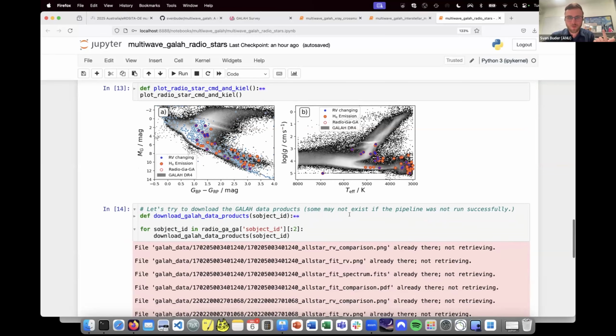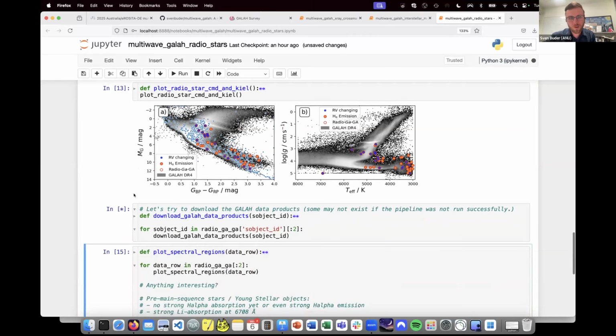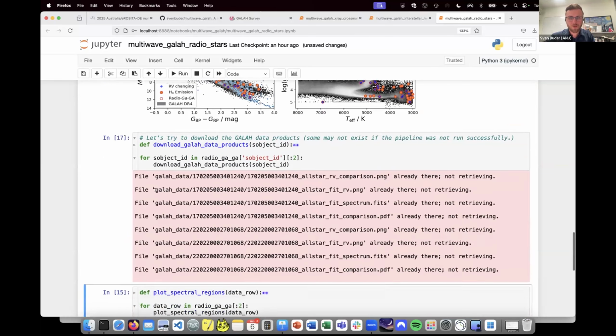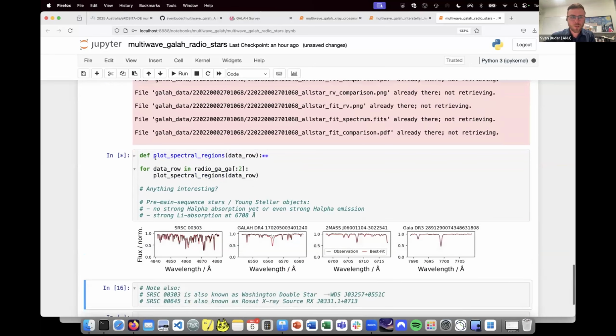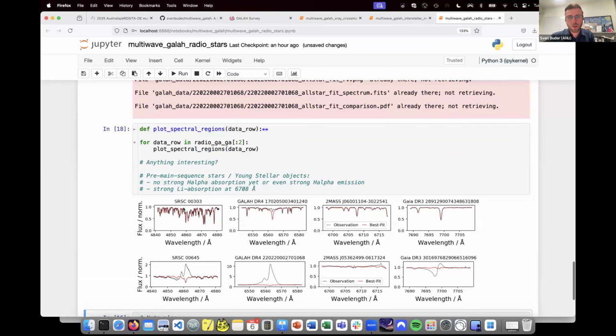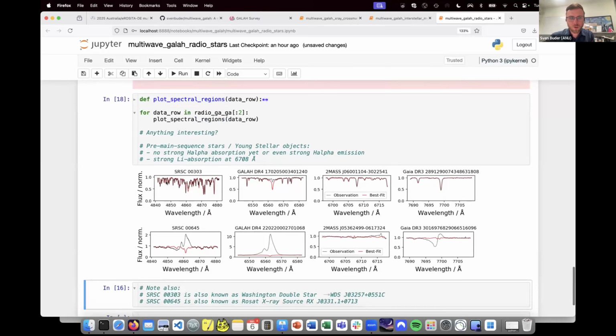So this is quite interesting, but of course, we're thorough astronomers, so we want to convince ourselves what's going on here. So as before, we're going to try to download the data together. And well, I've done that all for you. It's already here. So for 2 examples that I wanted to show you, you can just plot the stellar spectra of 2 radio stars. So the first one at the top,